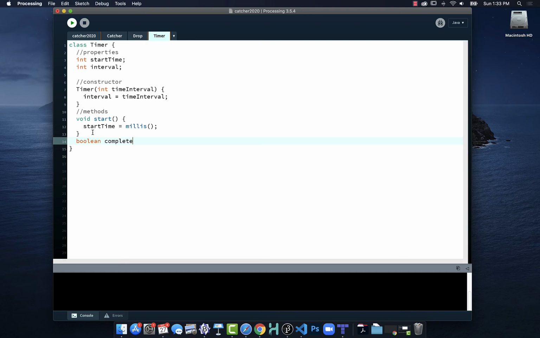And we're going to create a method. Notice it doesn't say void, it says boolean. And this is where the timer is going to return a value. The value it will return is whether it is done. So it's either going to return true or it's going to return false. So that is what we will put into it. So int,